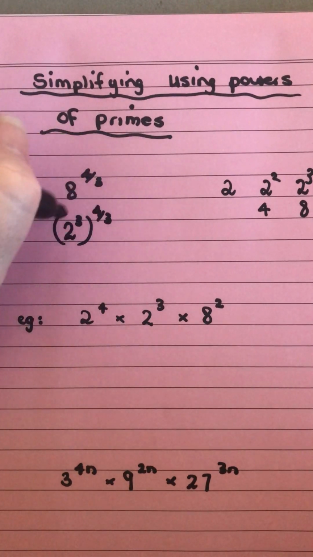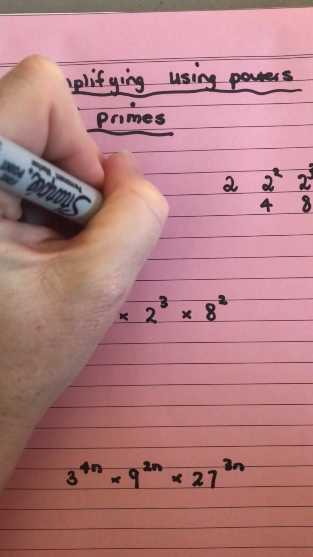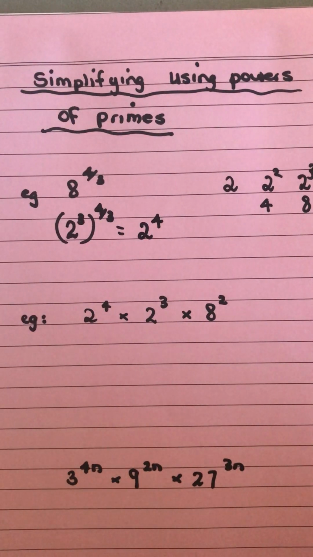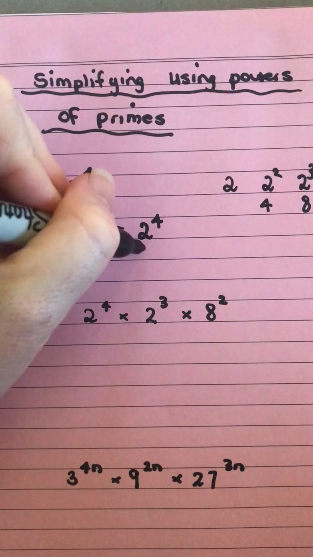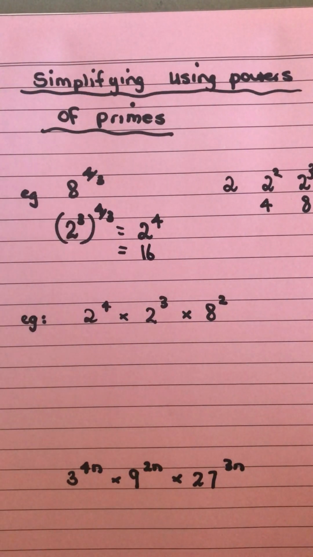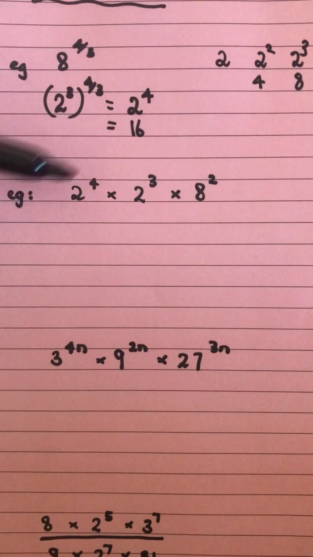So that means I then can multiply those two sets of indices, and I would get 2 to the power 4, and then I can work that answer out if I'm asked to evaluate it, because I know that 2 to the power 4 is going to equal 16. So you're just showing that you can use that process of changing it to a power of prime and then simplifying. In the next one, we've got another example of where we've got a few